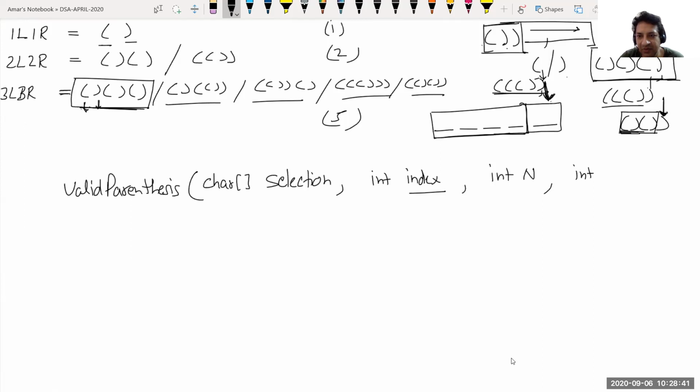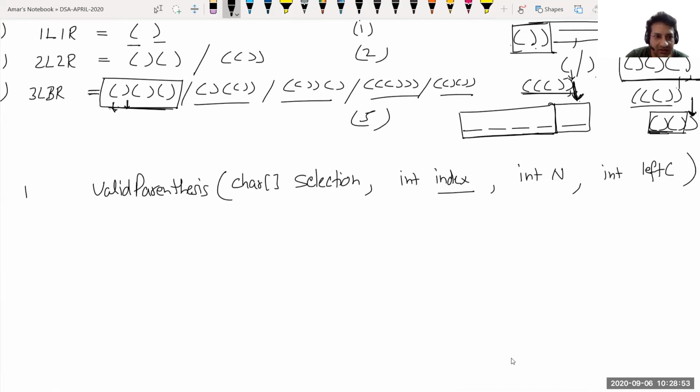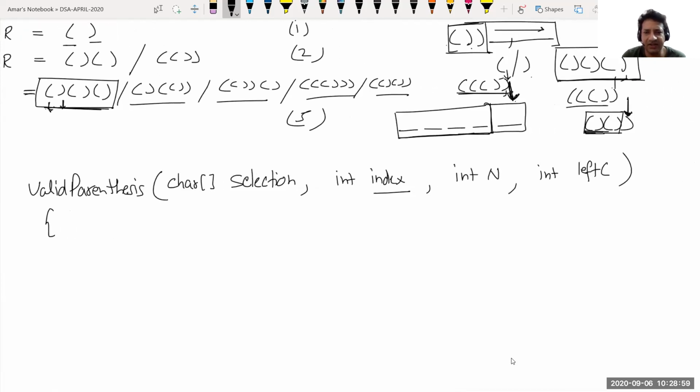So an important integer variable we will have is left count, how many left you have generated. This method will return the total valid count, and it will also print that value. This is the selection in which we are generating values, so that we can print it. Index says which value we are generating; that means the ones before have been generated so far, and next we generate this one. And n is just the input, how many left and right we have,